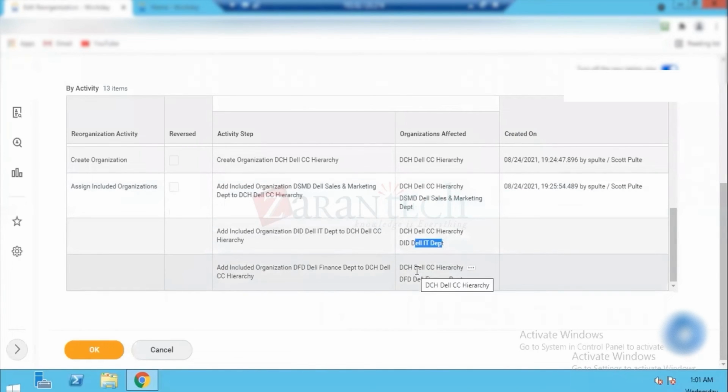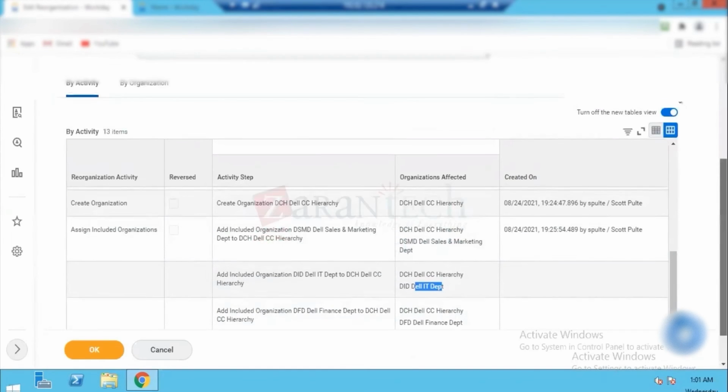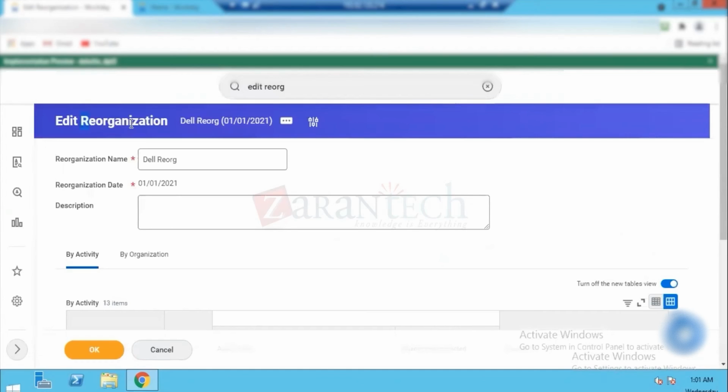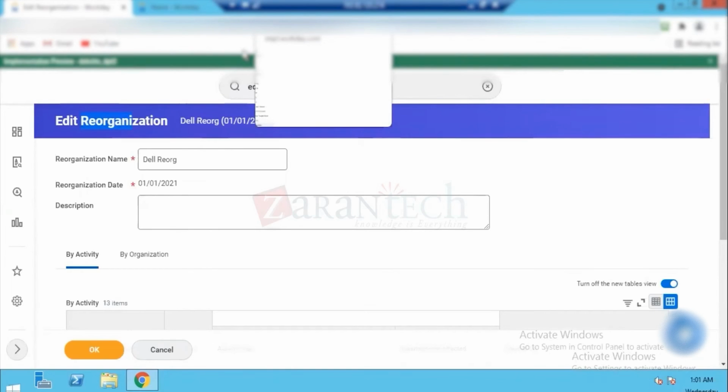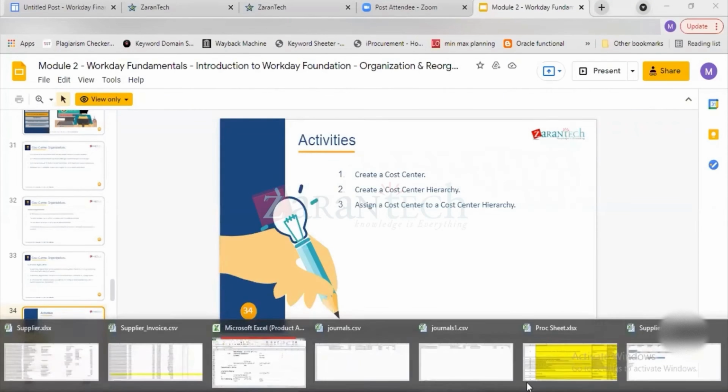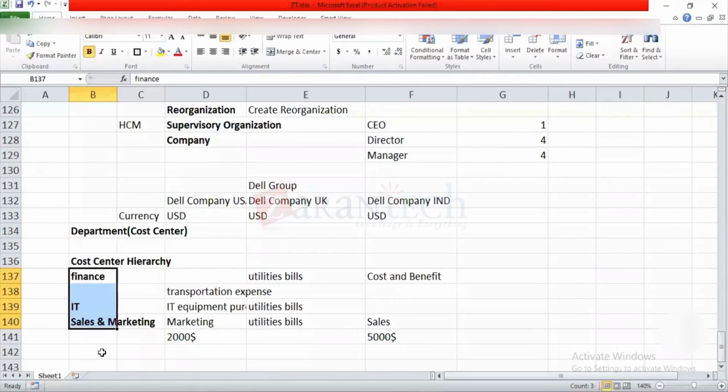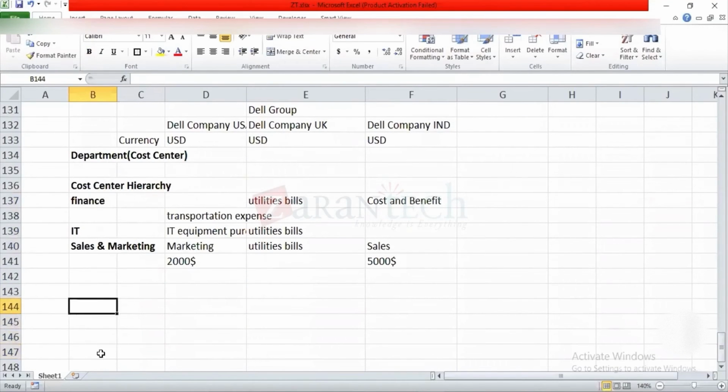So whatever activity we did perform under reorganization, the system makes a record to have an aging report, or you can say audit trail. This is the audit trail with respect to reorganization. This is a terminology normally used in finance, that is audit trail. So what is the audit trail? Audit trail means that whenever you perform any activity